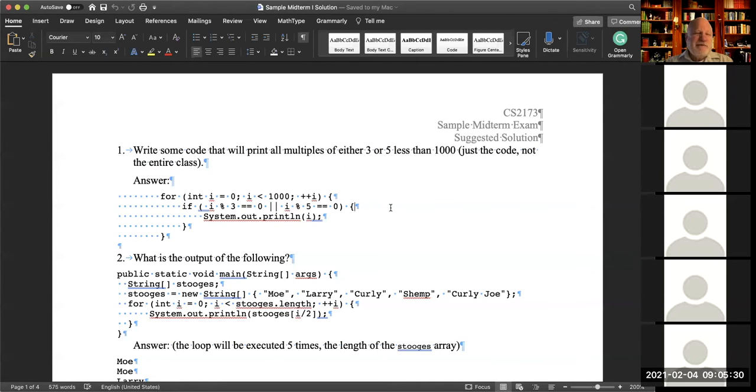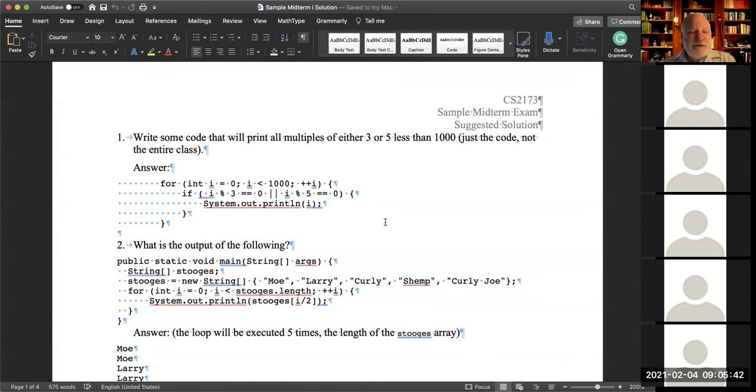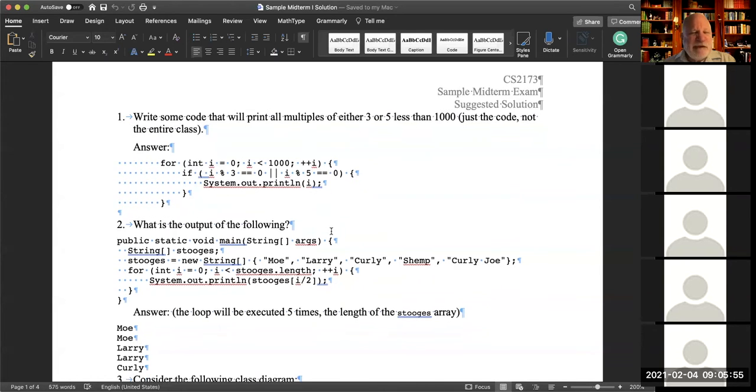So this was just a basic programming question that is applicable in any language. If I were to ask you to do this in JavaScript, the only difference would be you wouldn't have this int declaration here, and you would probably just say print, or output it to a web page or something like that.